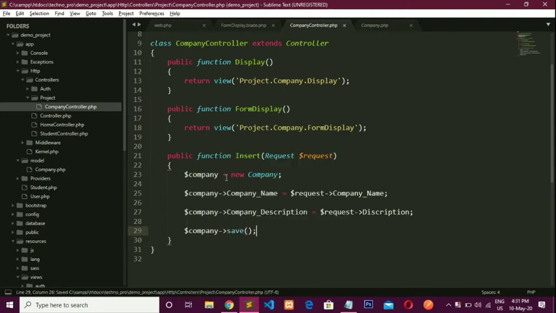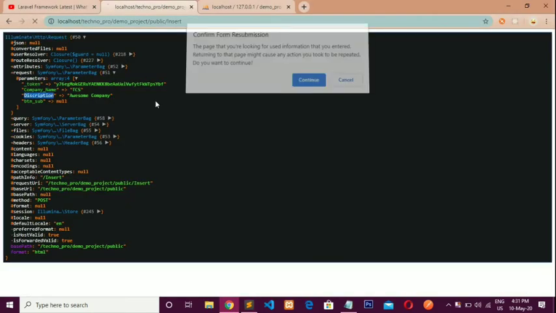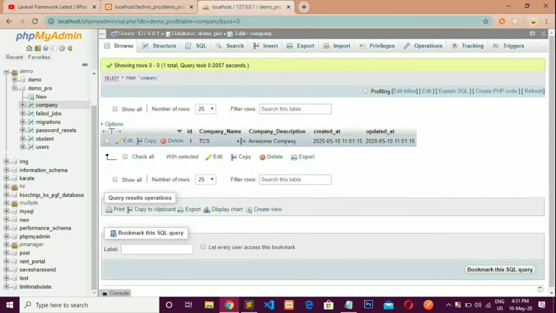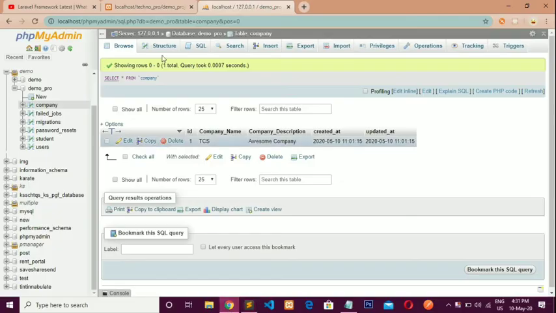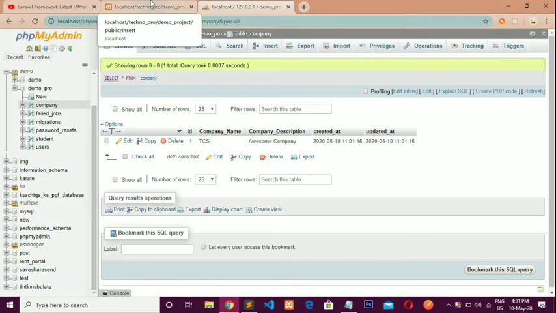So save this file and run. Okay, here we can see our data inserted successfully. Now after inserting this data, I want to redirect this page to our display company list.